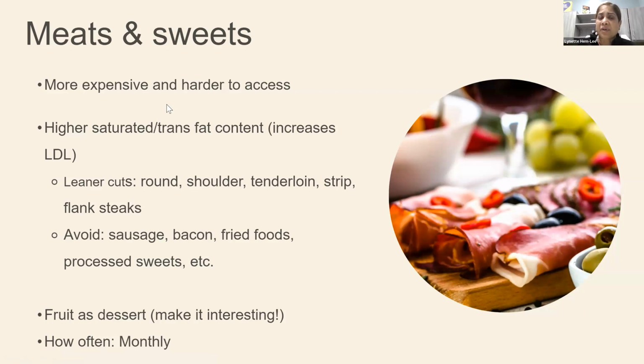So high saturated and trans fat increases your bad cholesterol. You want to use leaner cuts of beef or meats like ground, shoulder, tenderloin, strip, or flank steak. Avoid things like sausages, bacon, fried foods, and processed sweets. Try to use fruit as a dessert, like